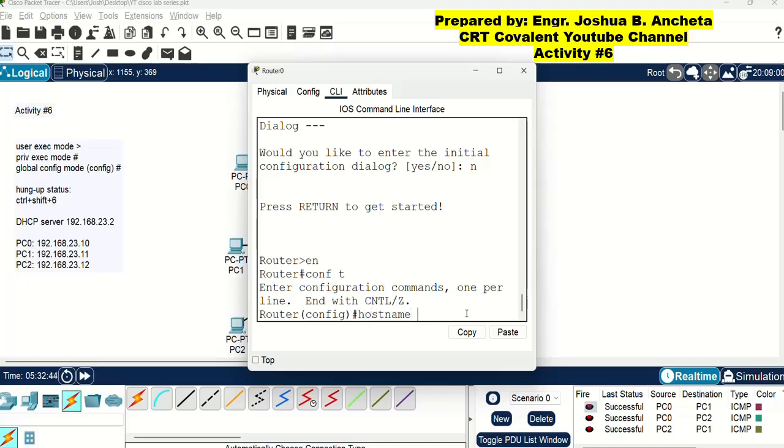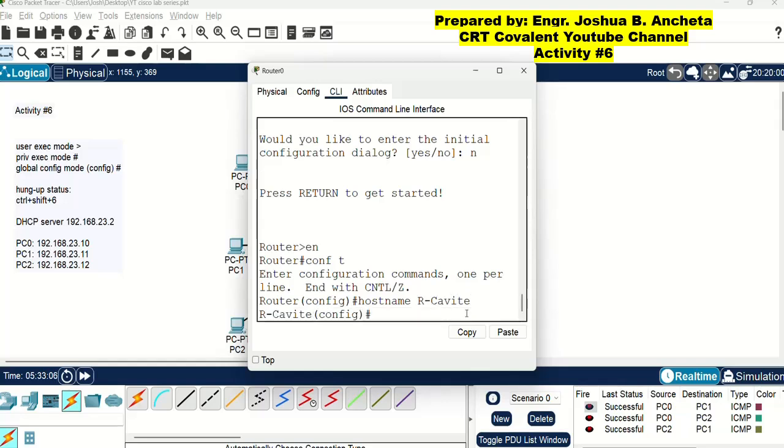So let's say this router is for a certain office, let's say Cavite office. Let's put R-Cavite. If you have another router connected to your office in Manila, you can use R-Manila.